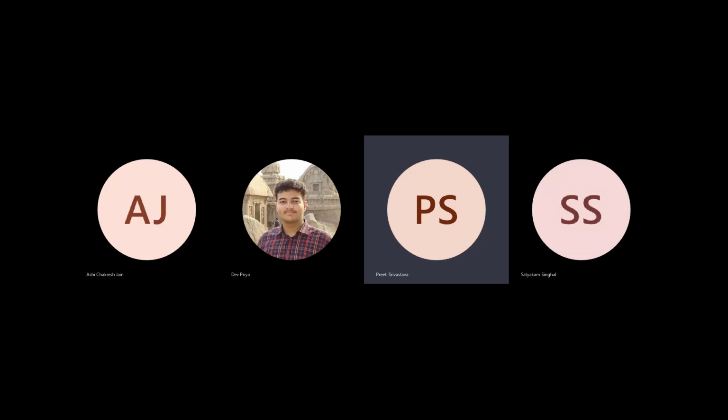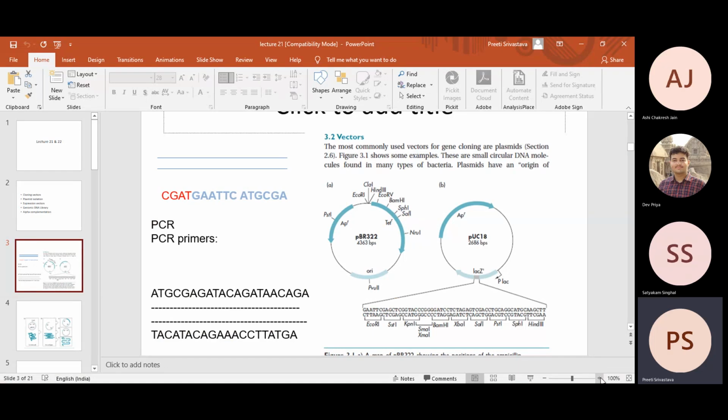We also discussed why, when we want to use, for example, PstI for cloning a gene at a PstI site, how can we screen that? Right? So Arshi, you remember? And we also discussed alpha complementation. Do you want me to go over it again or should we move further?